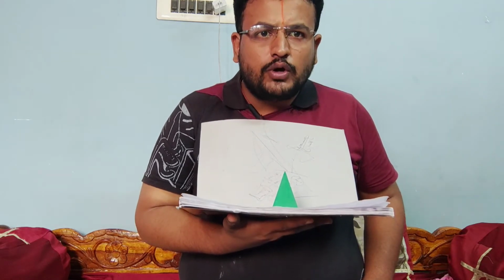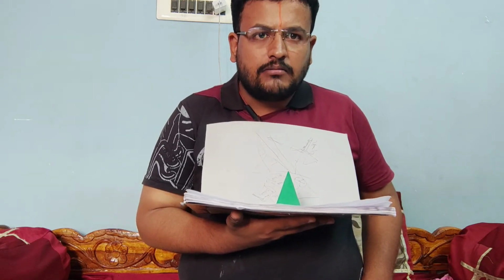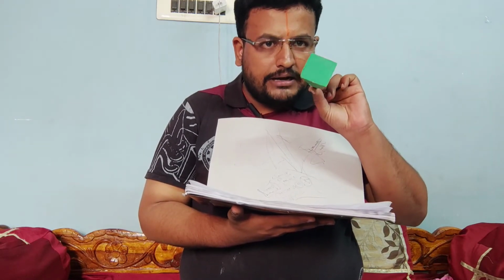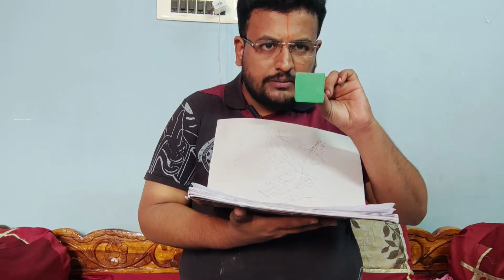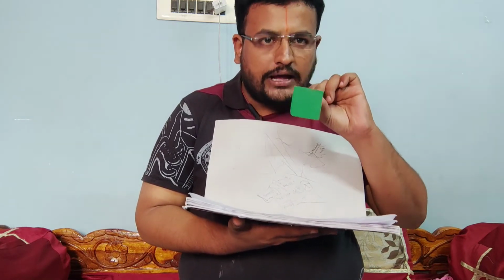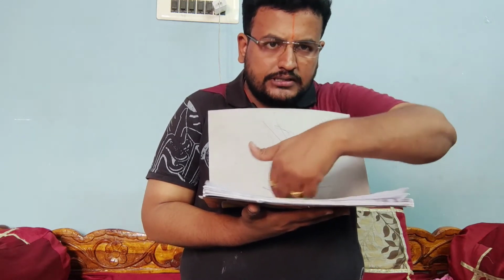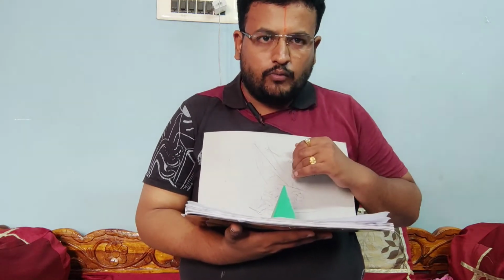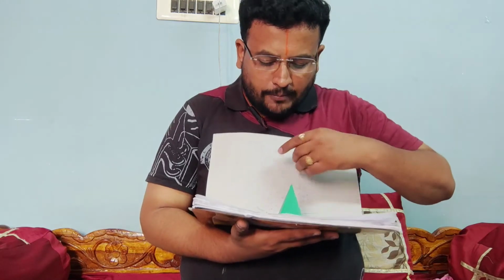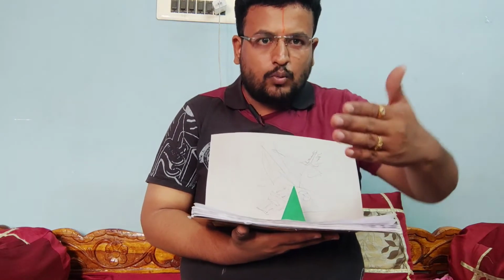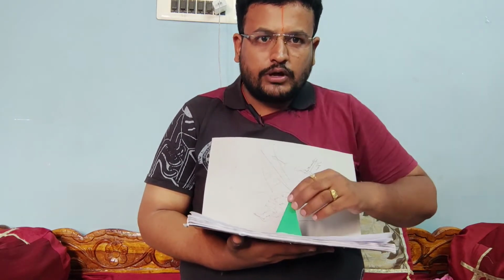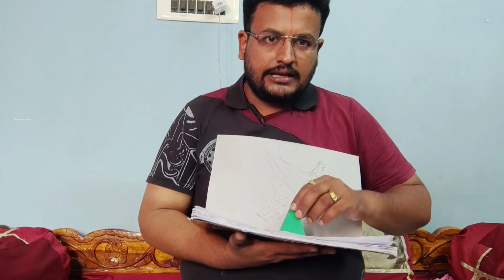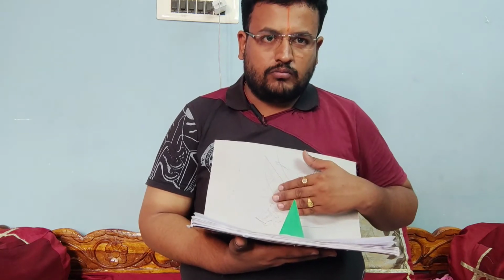Now, from which view can you notice the true shape of the base? Here, as we know that it is a square pyramid, that means the base should be a square. From which view can you notice the square? The square can be noticed from the top view. Whenever you observe it from the top, you can notice the square. But from the front view, you can notice the triangle.